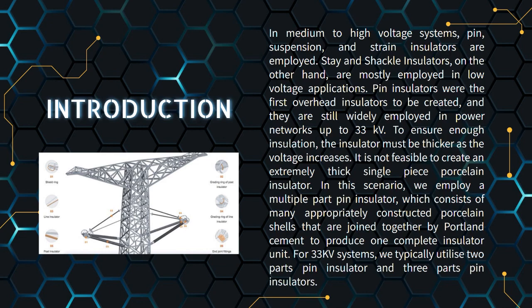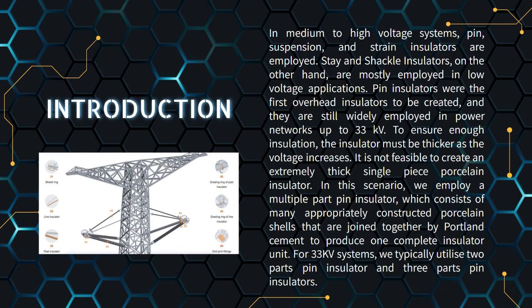It's basically a medium to high voltage system. Suspension and strain insulators are employed. Stay and shackle insulators, on the other hand, are mostly employed in low voltage applications. That's what the theoretical part says. Pin insulators were the first overhead insulators to be created, and they are still widely employed in power networks up to 33 kV. To ensure enough insulation, the insulator must be thicker as the voltage increases. So the more the voltage increases, the thicker the insulator should be to get an efficient amount of